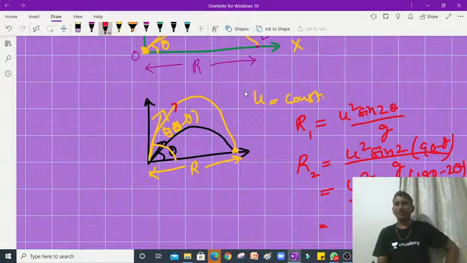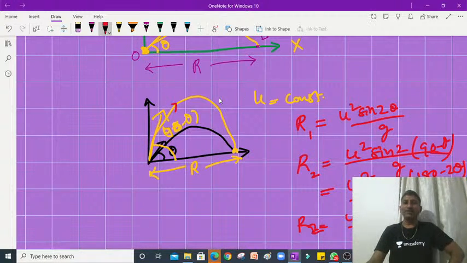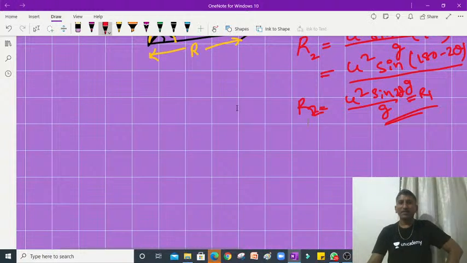So now this comes like this: u square sine of (180 minus 2 theta) can be written as sine 2 theta, students, sine 2 theta by g. So this R2 comes like R1 only. So from this what we are going to say is,